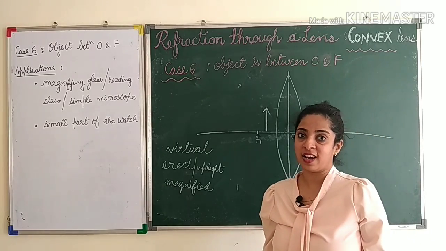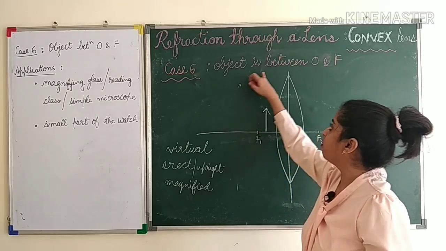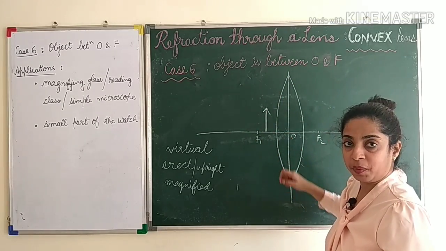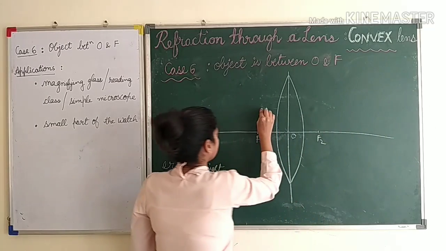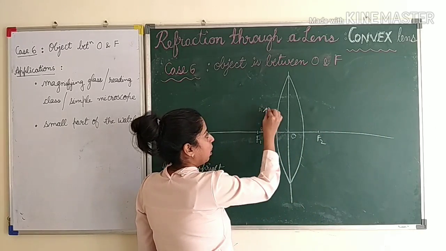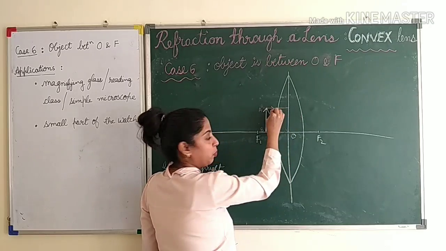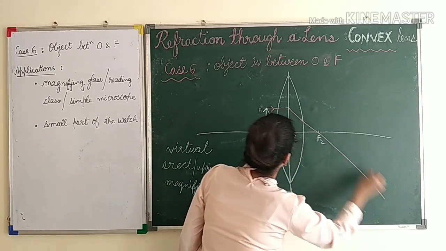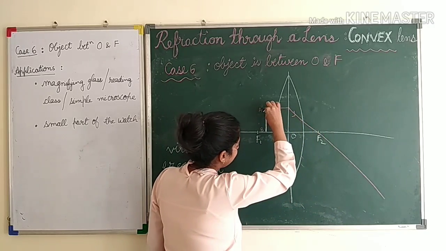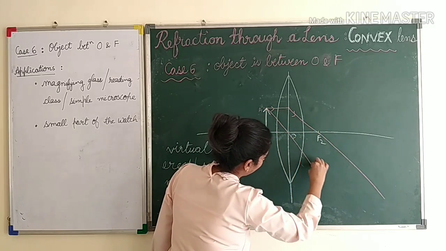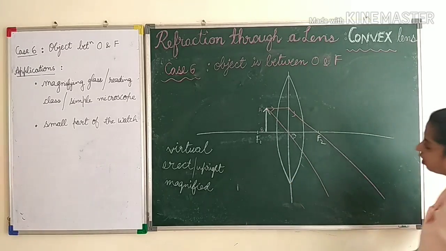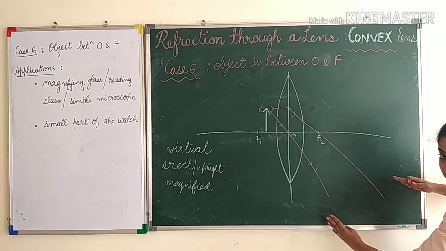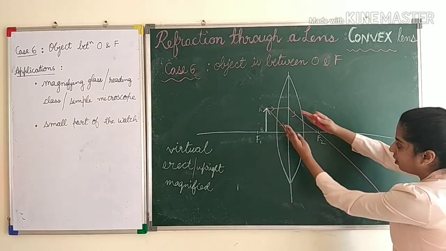So here's our last case, case 6, where the object is between O and F. So we have placed the object between O and F, optical center and first focus. So that's the object AB. Our first line will make it parallel to principal axis and make it pass through F. Okay. Our second line will make it pass through optical center. Now you can see here is that these two lines are not meeting each other, they are getting separated, but they are not parallel, they are getting separated.